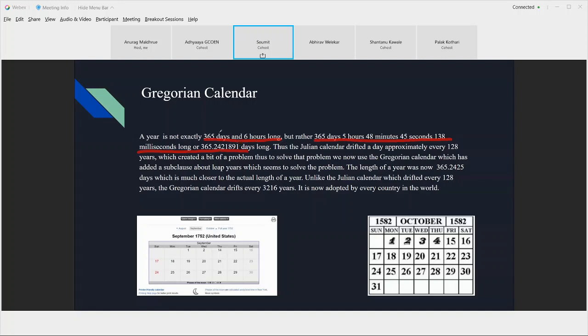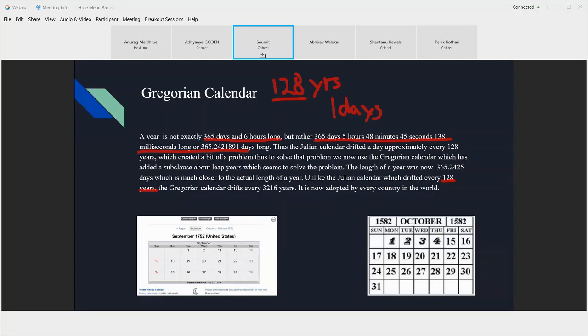So what is the problem with having the Julian calendar? The problem is that every 128 years, we see that the day shifts by a day. That is called a calendar drift. So every 128 years, we see a drift of one day, and no human lives until 128 years. I honestly don't think any human lives that long. But over the course of centuries or millennia, it actually starts to add up.